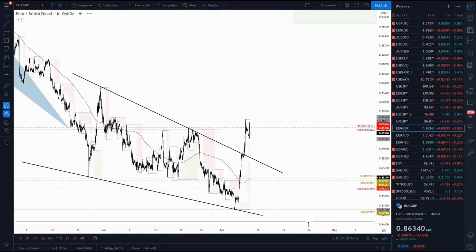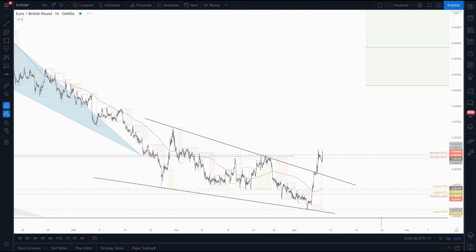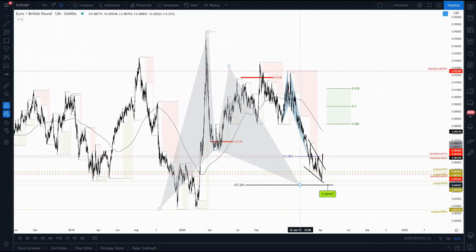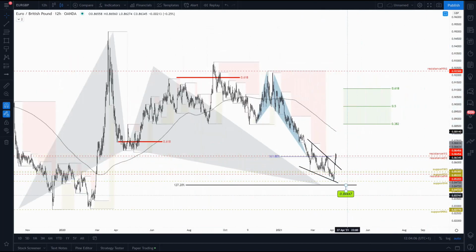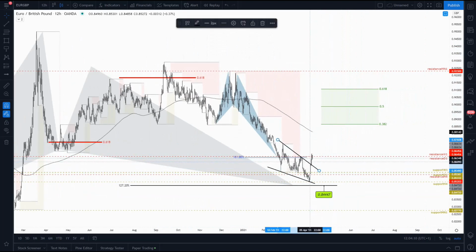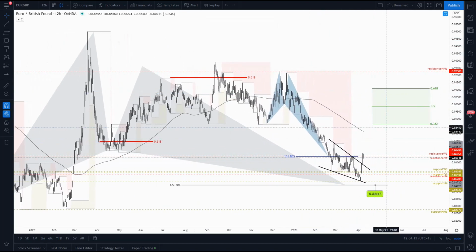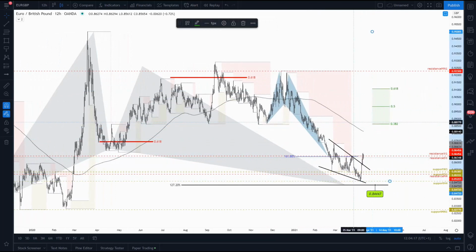Euro versus the pound, higher time frame. I was expecting at some point, I started to project the potential bullish pattern at 84.47. We have a nice descending wedge, a violation of that wedge forcing upside momentum. At this point, I will not be surprised to see the market searching for the 200 moving average approaching from above, pointing to 88.14 and or the 38% Fibonacci retracement level at